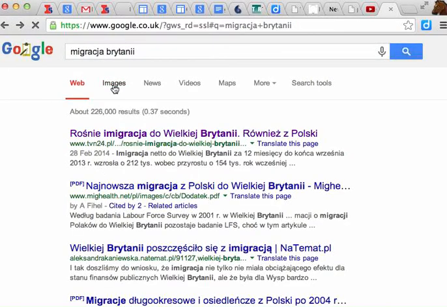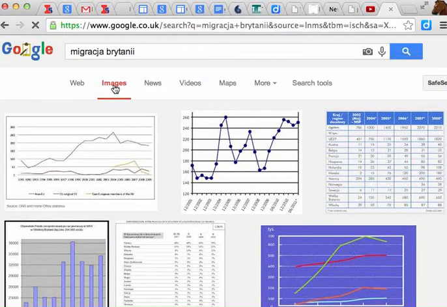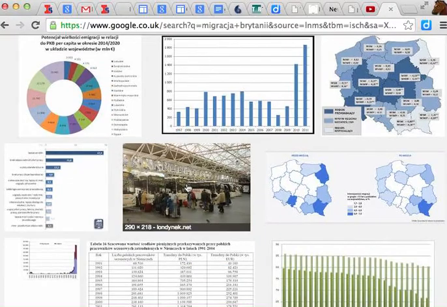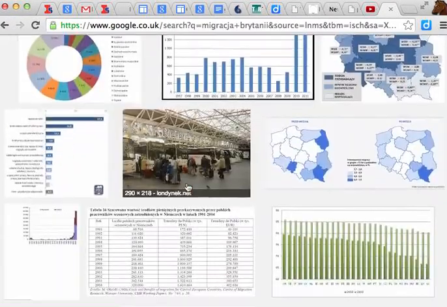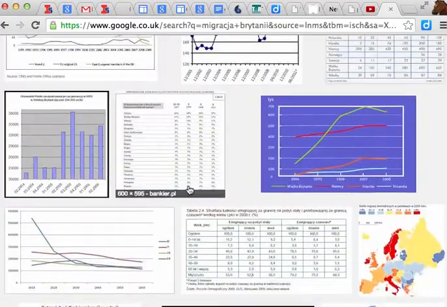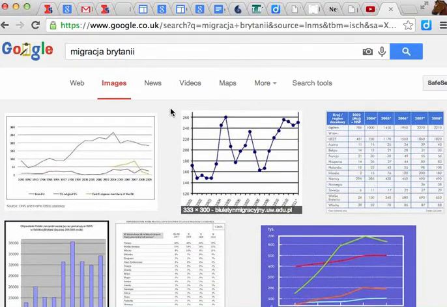Something else you might want to look at, obviously the images can be very telling. There we go, that's an image that we probably wouldn't have had access to as well. So as with all of these things, I can show you the search strings and how to use these search strings, but it will be a case of trying again and again and again until you get the sort of